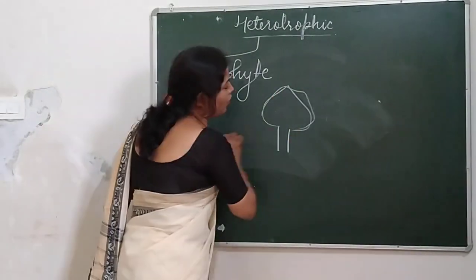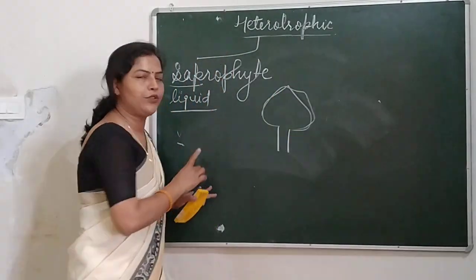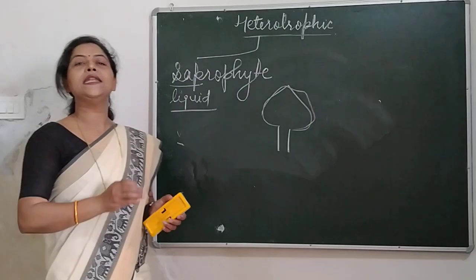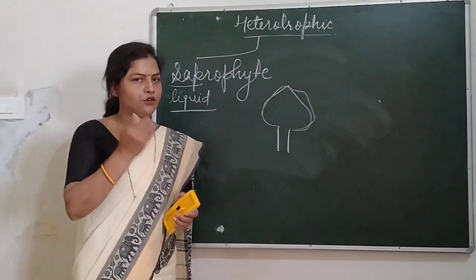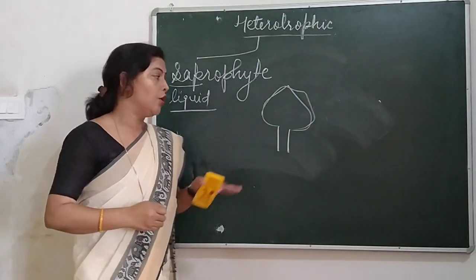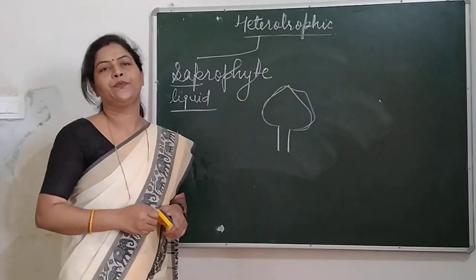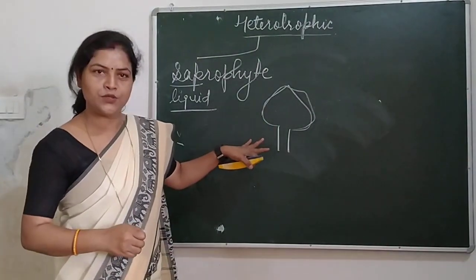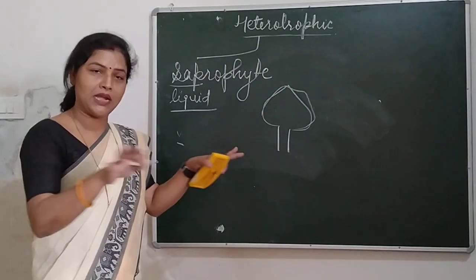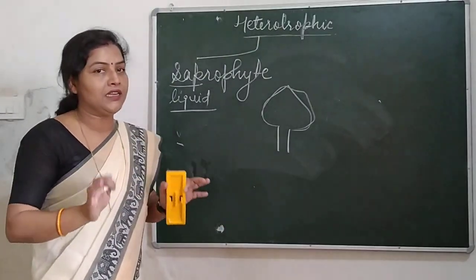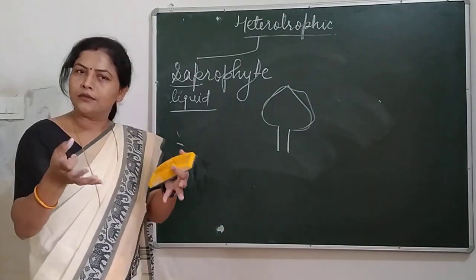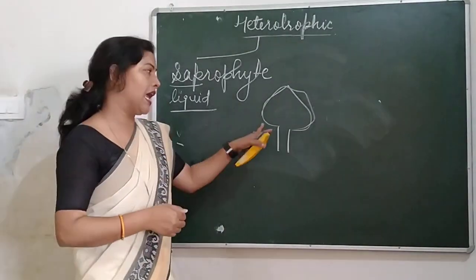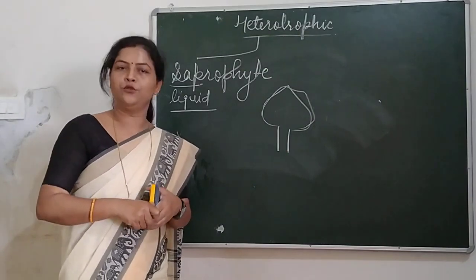These mushrooms are non-green. And where do they grow? They grow on dead and decayed matter like rotten leaves, rotten stems, rotten plants. For growing these mushrooms, even farmers first spread their field, and the complete field is filled with rotten plants, leaves and stems. Over that these fungi are grown.